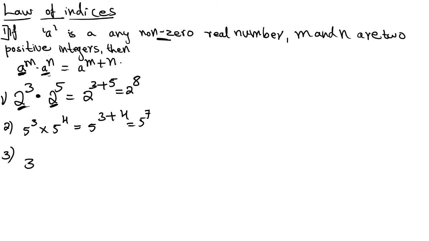See, 3 to the power 2 into 3 to the power 10. Don't write 3 to the power 20. Okay. Here you need to apply the a to the power m into a to the power n rule. See, the bases are the same, right? 3 is there. Then you can multiply. It's equal to 3 to the power m plus n, 2 plus 10. It's equal to 3 to the power 12.